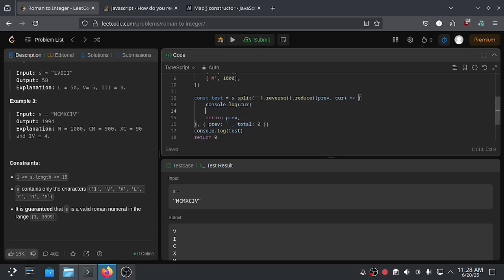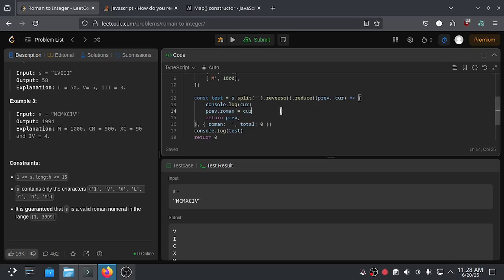The previous is VIC. Okay, so we need to record the previous string, not Roman integer but Roman string, so we can compare it with the current string. So we can declare the previous Roman, not previous dot previous, because it will be confusing for us beginners. Previous Roman is equal to the current iteration, or the current string of the Roman numeral.